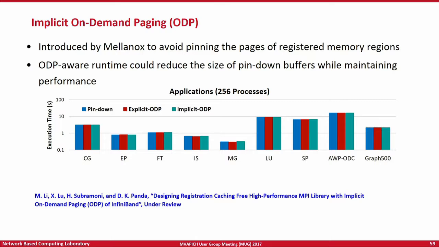This is one of the reasons why Mellanox introduced this feature called on-demand paging. On-demand paging allows these memory locations to be swapped out if the application so chooses. When the IB HCA comes to access this particular piece of memory, if it is not there, there is a page fault, and the kernel brings in that piece of memory. But this page fault has a lot of overhead. If you keep on hitting this page fault, then the entire purpose of using InfiniBand, which is high performance, will be lost.